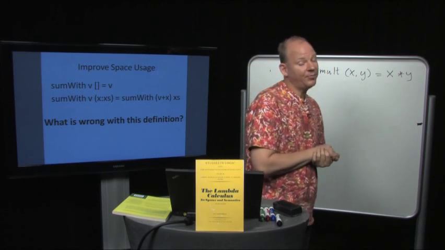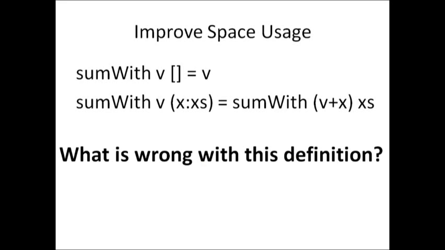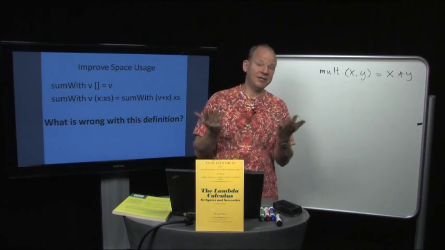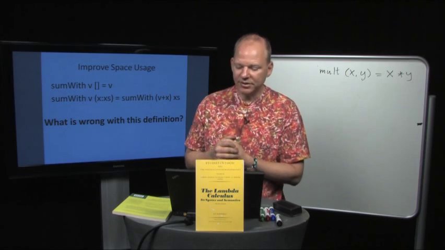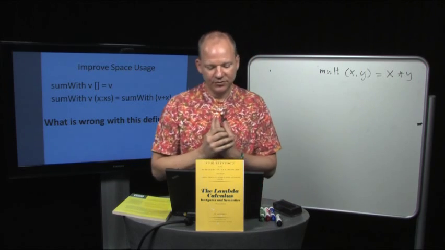Okay, our final example will be to use this strict evaluation to increase performance. Let's look at this example here. I want to sum the elements of a list, but I want to start with some particular value v. The function is defined here by induction over the list. If I want to sum a list starting with v, well, if the list is empty, I return v. And otherwise, what I do is I recursively sum the list and I add the first element of that list to